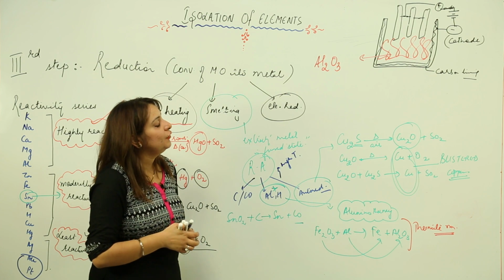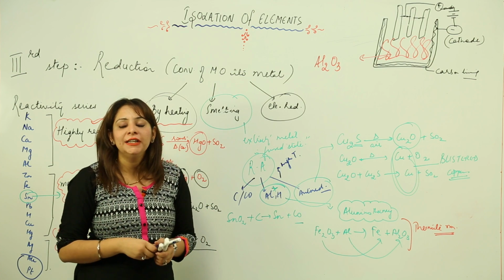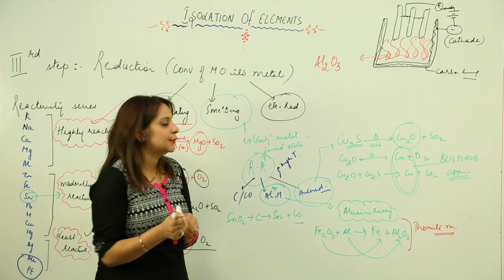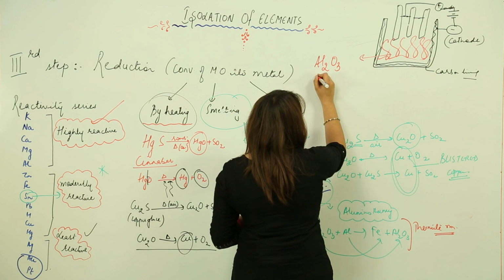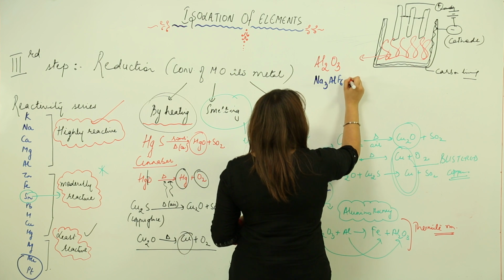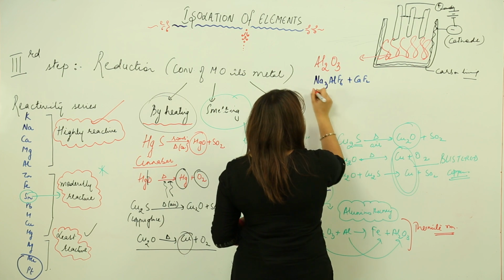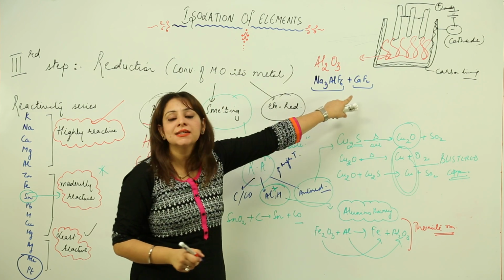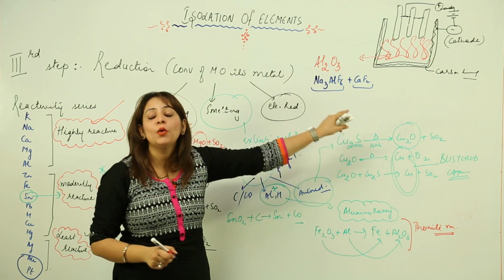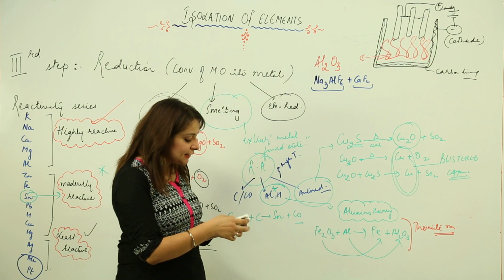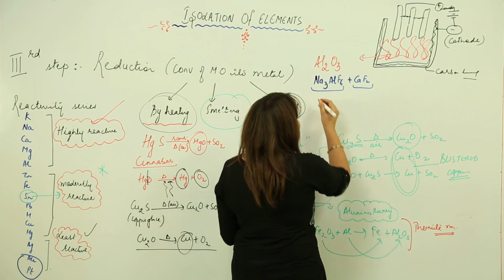Now you know that when we are carrying out electrolysis of alumina or some other electrolyte also, we add certain substances to it. In case of alumina, we add two substances, Na3AlF6 and CaF2. This is cryolite and this is fluorspar. Do you know the reason I am adding these substances? These substances actually lower the melting point of